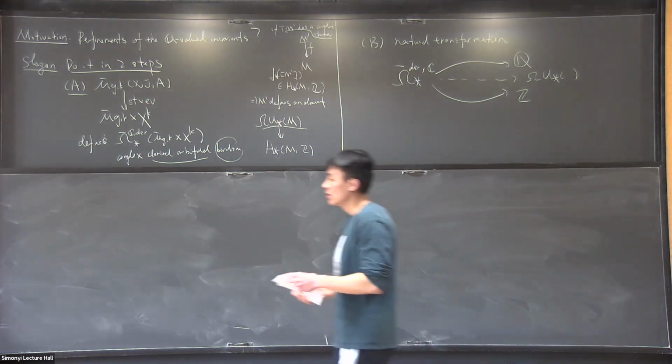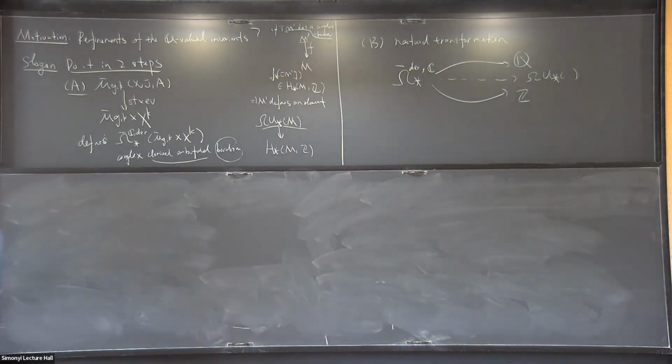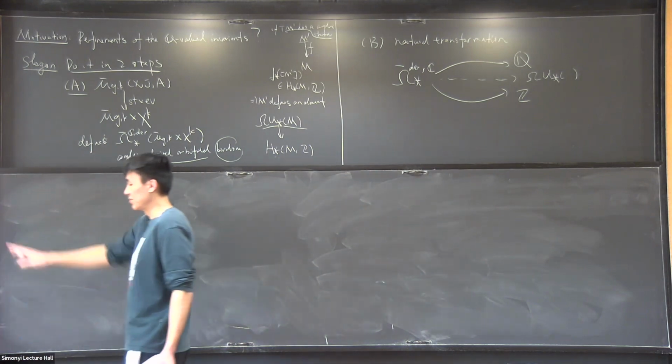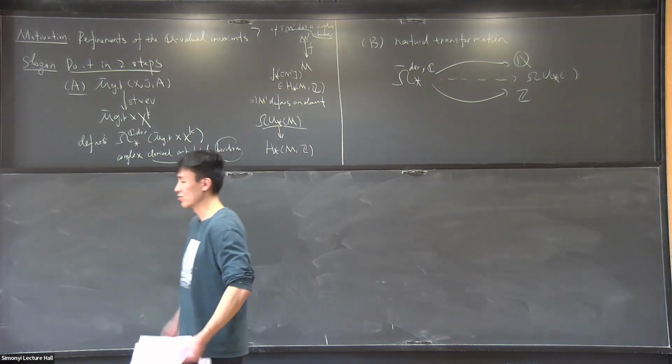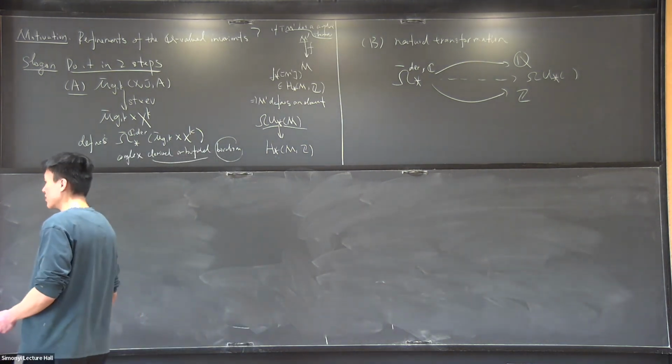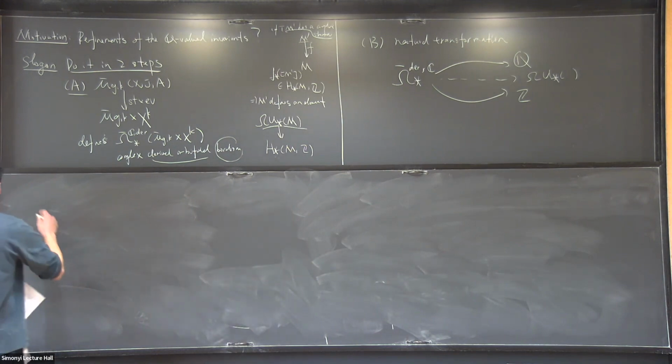Okay, so now if we have an object here, so if we can construct some kind of natural transformation from this generalized homology theory to somewhere else, we can try to compose this with this natural transformation to define some other versions of Gromov-Witten invariants, and that's exactly what we did. So theorem: